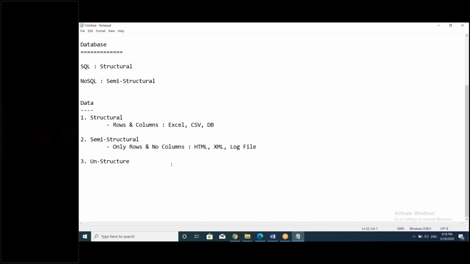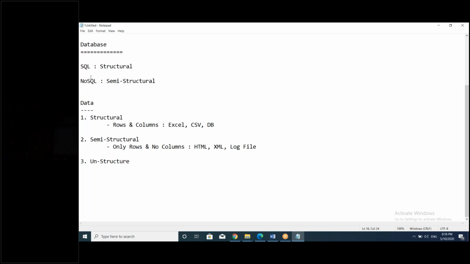So this type of data is called semi-structural data. Only the rows have meaning, but the columns, even though they exist, will not give you any specific meaning. It is 50-50; semi means partial, half of the information. So row wise only you will get it. Now what type of database will be used for this semi-structural data? Here a NoSQL database will be used.